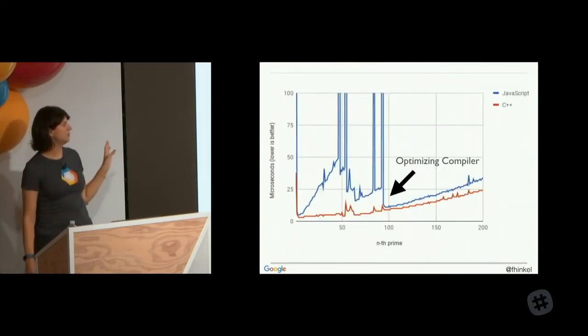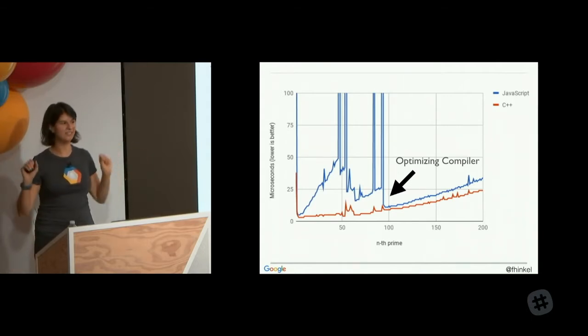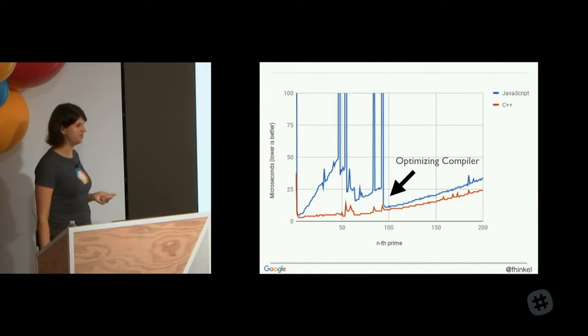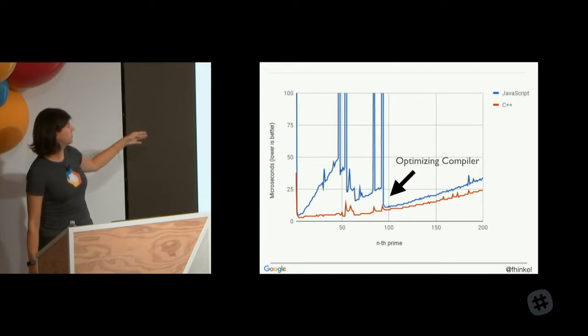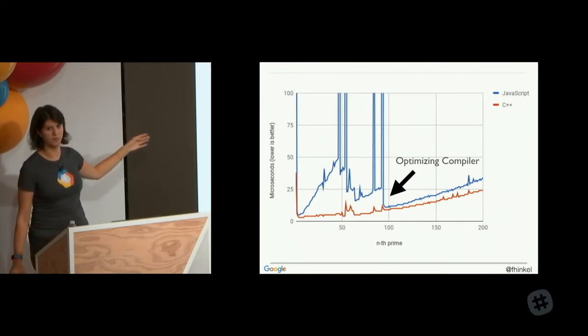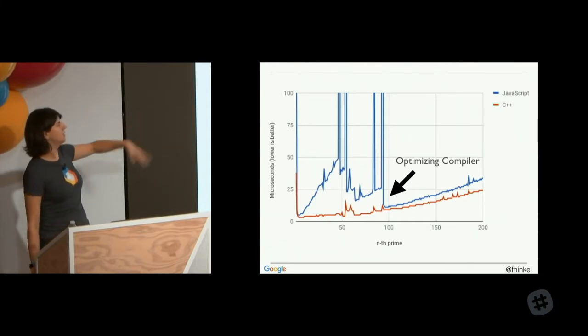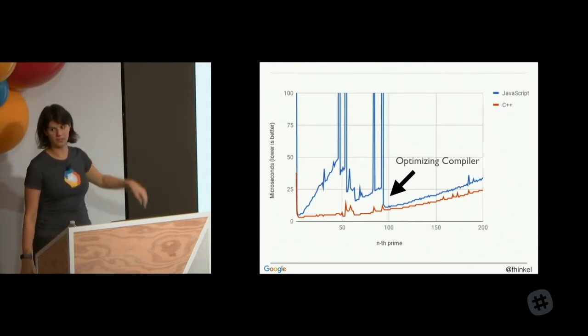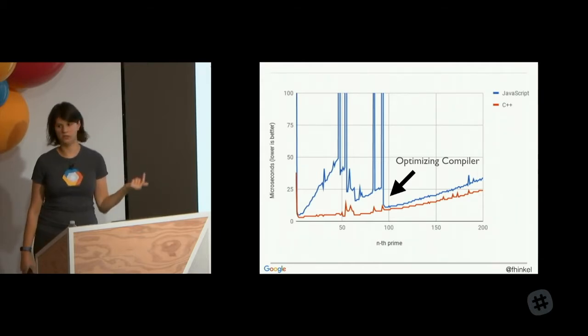And then this slide is amazing to me because you can see the optimizing compiler in the data. Here I zoomed in to the first 200 iterations. At first, JavaScript is a lot slower than C++, right? If you look from 0 to 50 or so, it's a lot slower. And then it spikes a ton, like it's not even on the graph anymore. That is where the optimizing compiler is recompiling the source code.